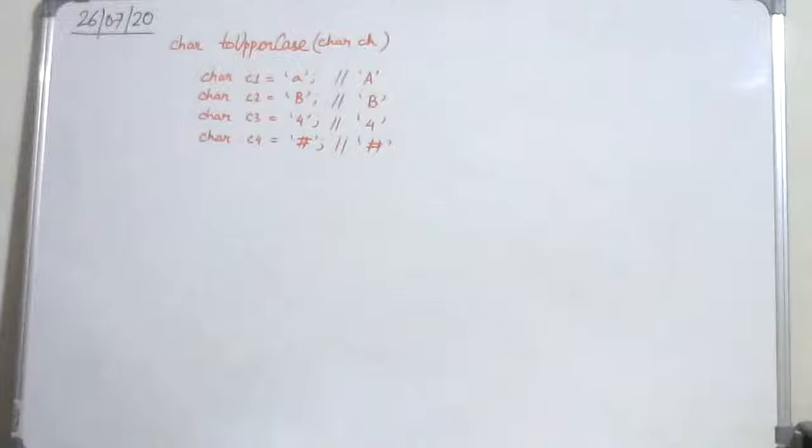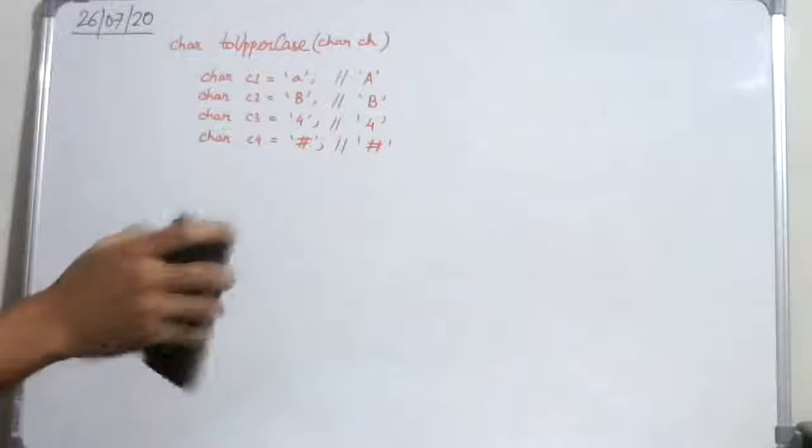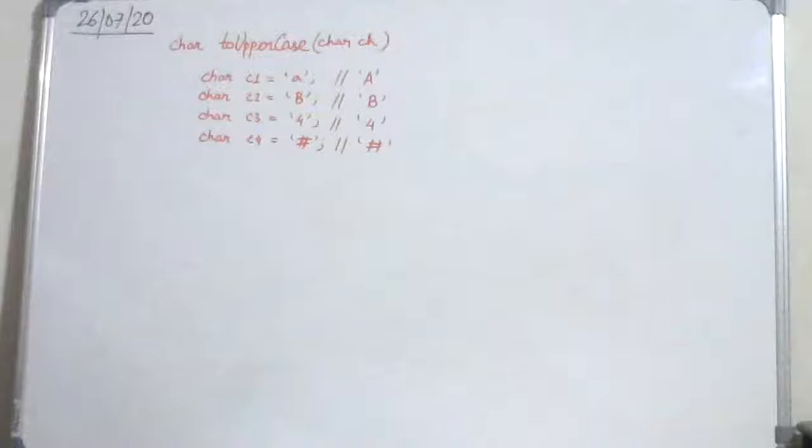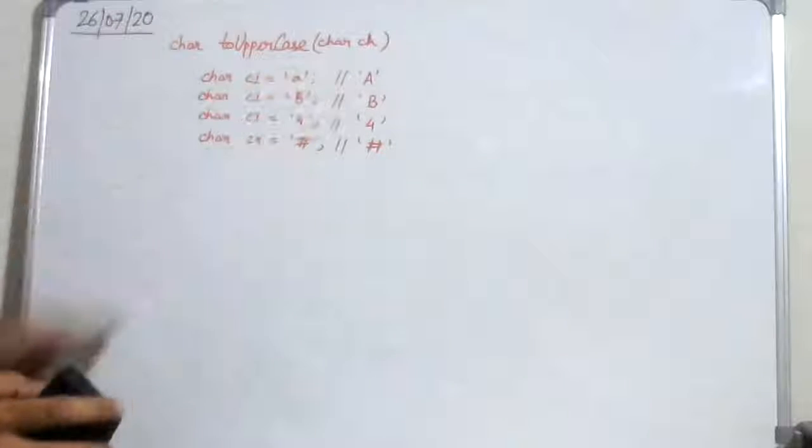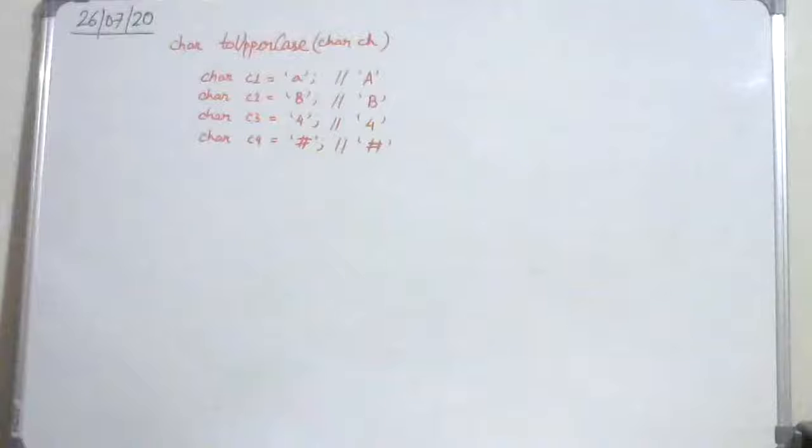So these are the two functions, toUpperCase and toLowerCase, which are defined in the Character class of the java.lang package. There are two other versions of toUpperCase and toLowerCase which work on strings, and we'll come across that when we discuss string functions. I hope you remember all the functions that are under the Character class. It's very important to remember. How do you identify whether it belongs to the Character class or whether it is a string function? It's pretty simple. You just look at the argument that it is taking. String functions will take a string as an argument. Character functions take a character as an argument.